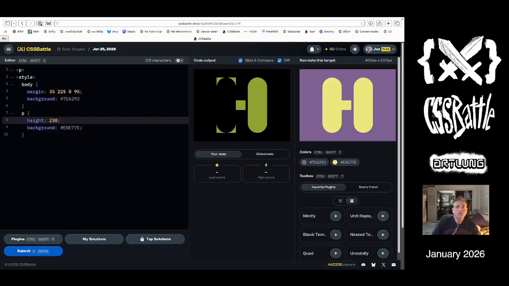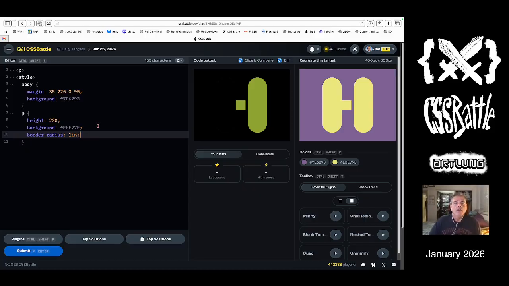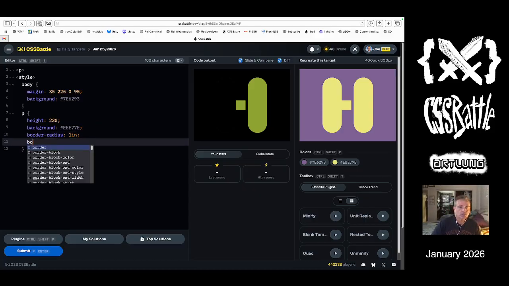230. And then we put a border radius on it of some number. How about 50 pixels? Perfect. How about 1 inch? Is that the same thing? Same result. Perfect. All right, then I'm going to do box shadow,